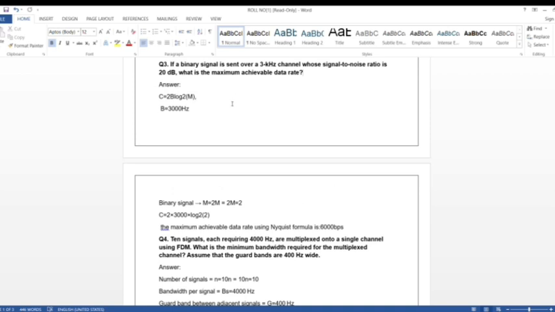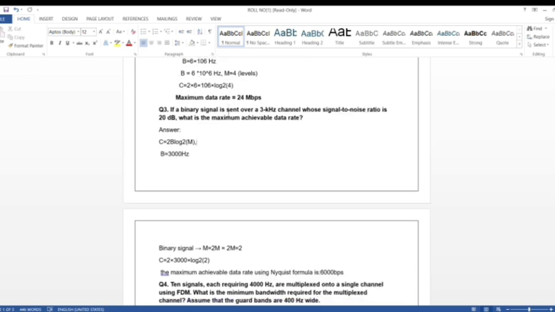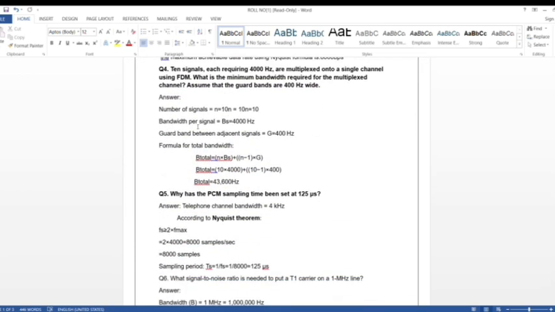The seventh problem asks whether a cable TV system with 100 channels is more like TDM or FDM, and the answer is clearly frequency division multiplexing, since each channel is allocated a different frequency band, and all transmit